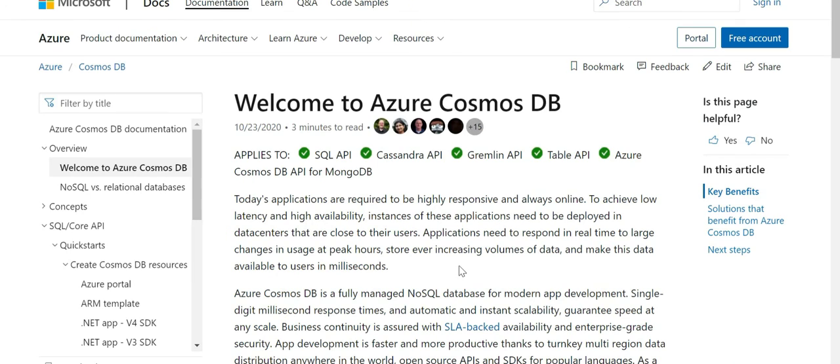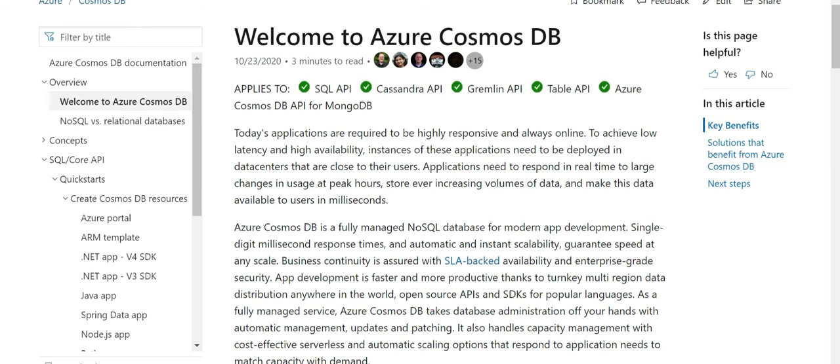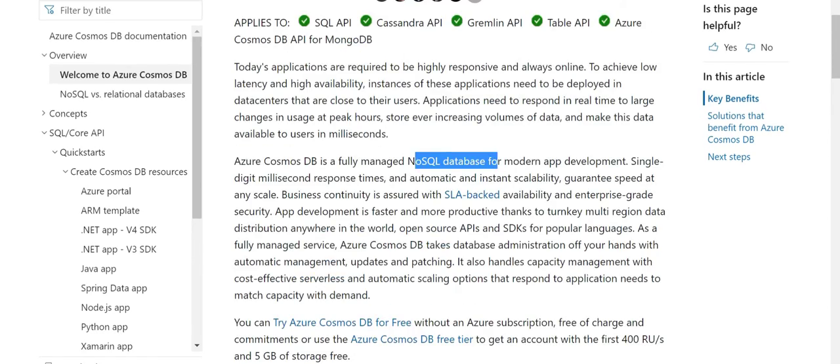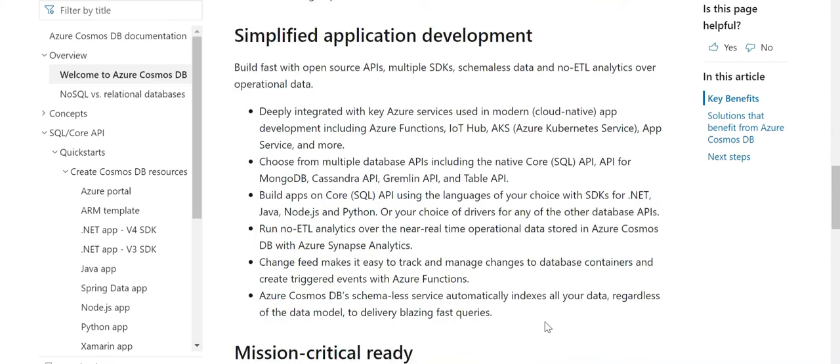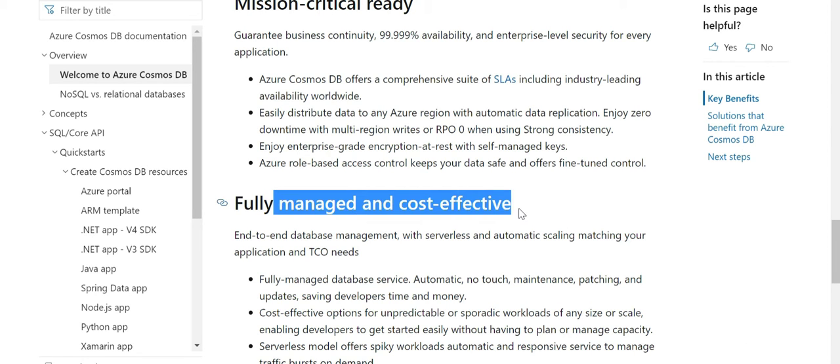Now you will see a lot of questions on Cosmos DB as well. Cosmos DB is similar to DynamoDB or DocumentDB in AWS, Amazon Web Services. So here you can see you can use Cosmos DB for your Gremlin APIs, which is primarily used for graph databases, where you are trying to build some relations between the nodes and the data objects. And this is a purely NoSQL database. There are different purposes. This is providing 99.999% availability, and it is fully managed and very cost effective.